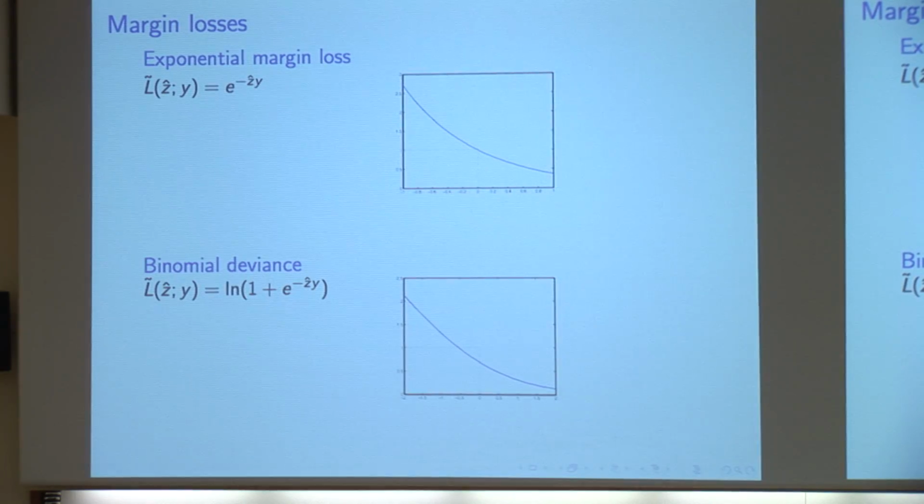It's probably easiest just to understand by a few famous examples. Margin losses have actually been reinvented independently in different pathways, but they settle on things like the following. Here's a famous margin loss. It's called the exponential, and it's e to the minus margin. It gives you this swapped exponential. I guess it's too faint, but under here is the 0-1 misclassification error. And we can see this happy exponential living above that misclassification error.